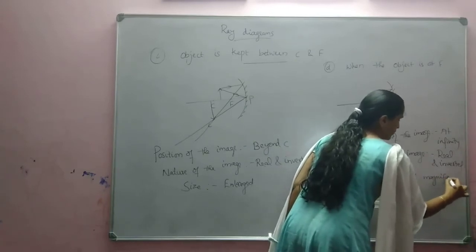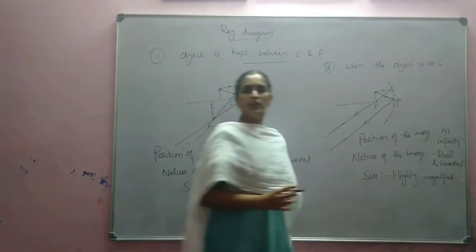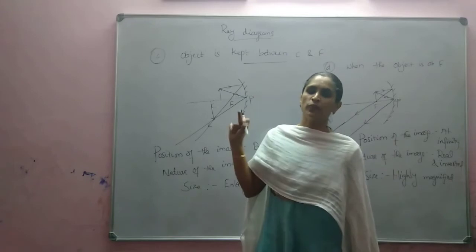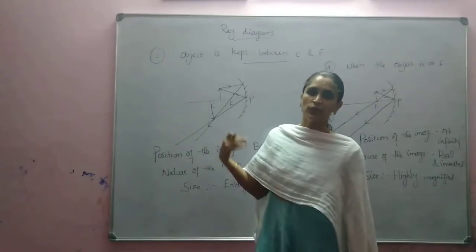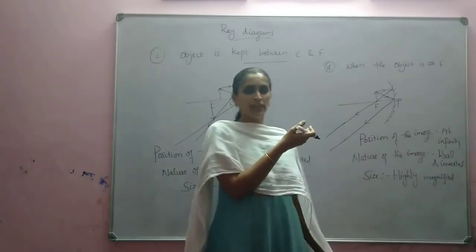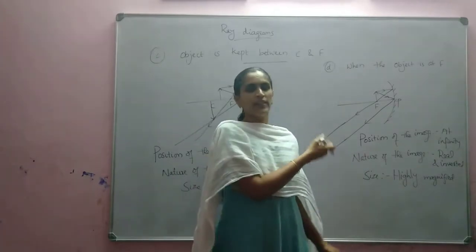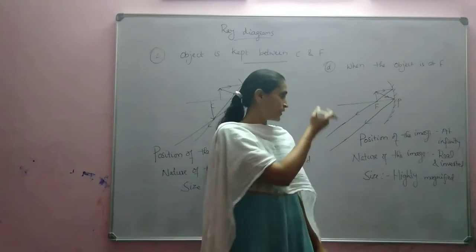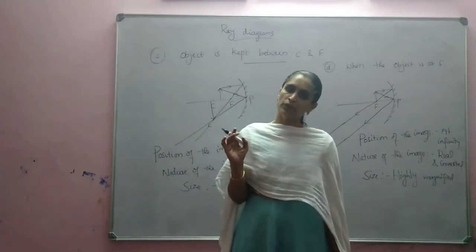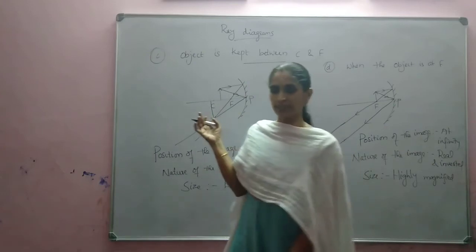So in 10th you already did practicals, no? By using a candle flame, you might have done all these experiments. By keeping the candle flame at different positions, you might have noticed. That's why we are not telling that in detail here. So in this case, the image will be highly enlarged. Okay? Understood? Now we will discuss the last case,